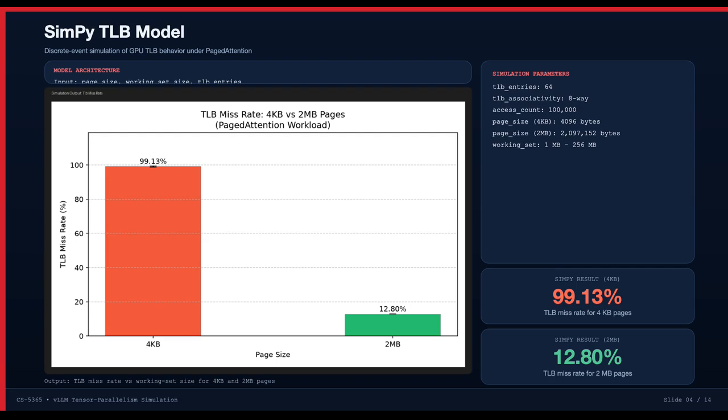The simulation parameters shown on the right side of this slide are 64 TLB entries, 8-way set associativity, and 100,000 memory accesses, a 4 kilobyte page size of 4,096 bytes, and a 2 megabyte page size of 2,097,152 bytes, and a working set ranging from 1 megabyte to 256 megabytes. The bar chart tells the story: with 4 kilobyte pages, the TLB miss